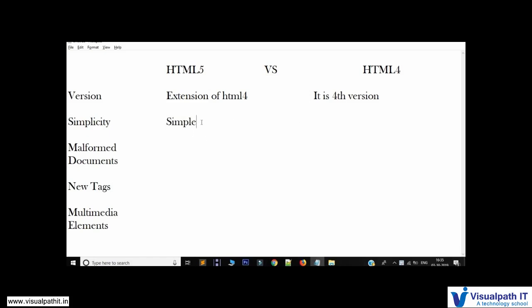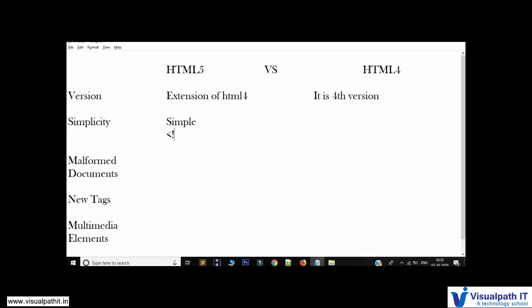For example, we saw the doctype html, right? This one. When it comes to HTML4, it is very complex compared to this. I think about 2 to 3 lines of this doctype will be there. I'll even show you that. Doctype html, then comes public,